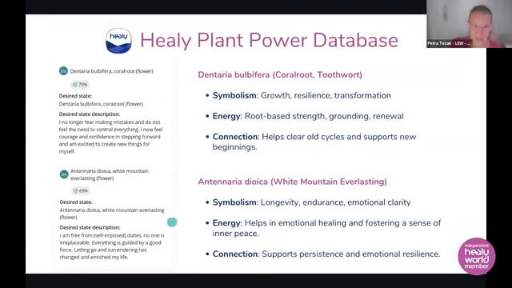The next one was 69%. This means just how relevant it is right now in life. And desired state means this is how the person needs to feel. So something is in there that is disturbing the energy pattern, and this affirmation is saying this is what the ideal state of you is. So the next flower is the White Mountain Everlasting. I have no idea how to pronounce the original name.